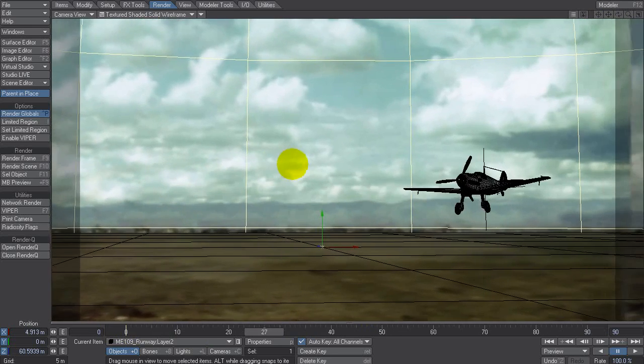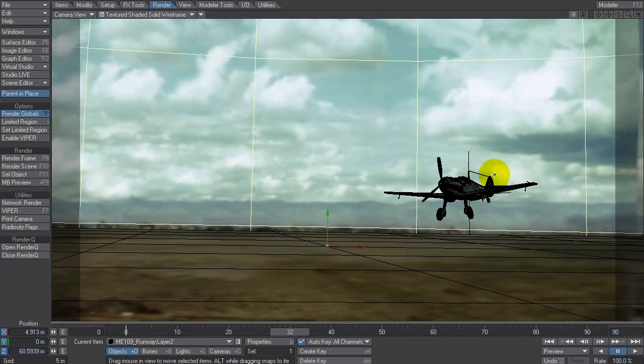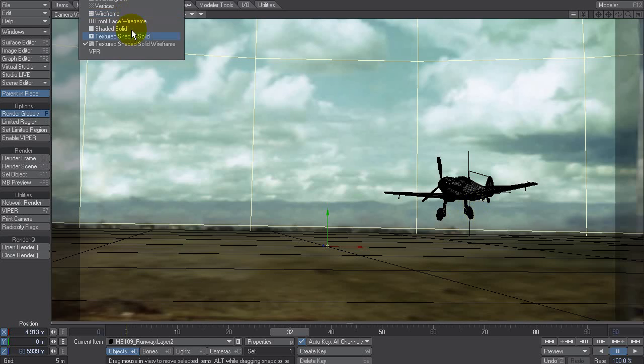So what I did was I took this and I rendered out each part separately. So I rendered out the aircraft on its own, I rendered out the background on its own, and I rendered a few other passes for the ground, like a ground shadow and some dust coming off the wheels when it hits the ground. Now to get the look I'm after, and I'll show you why this doesn't work out of the renderer,